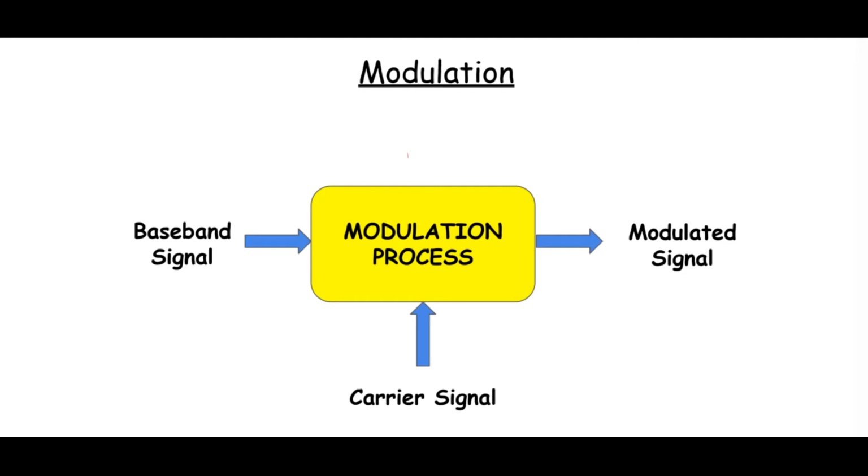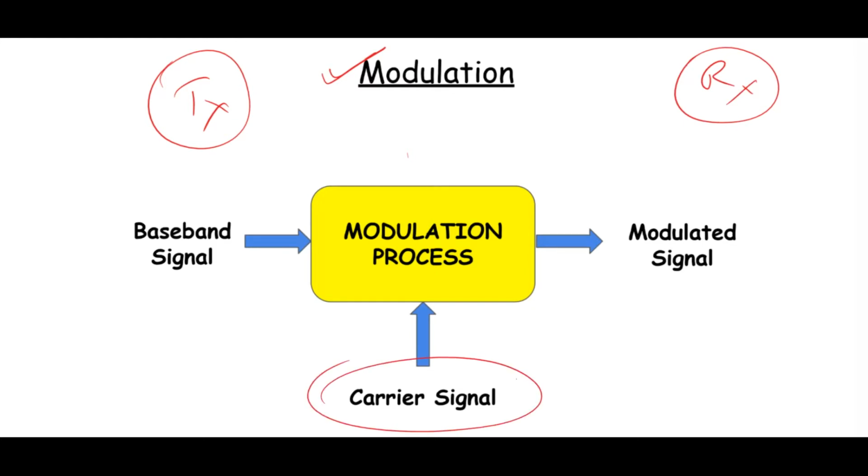Hello everyone. In today's class we'll be discussing modulation. Modulation is generally implemented at the transmitter end. At the receiver end the reverse operation is performed, that is, a demodulation circuit is implemented. In communication we do modulation by varying certain parameters of one wave